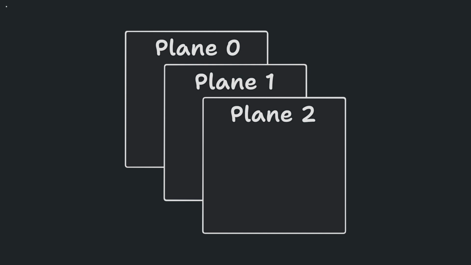If you've used photo editing software, then you're familiar with layers. Planes are a different word for the same idea. The Pico computer has 3 planes. Plane 0 is drawn first, plane 1 is drawn over that, then plane 2.